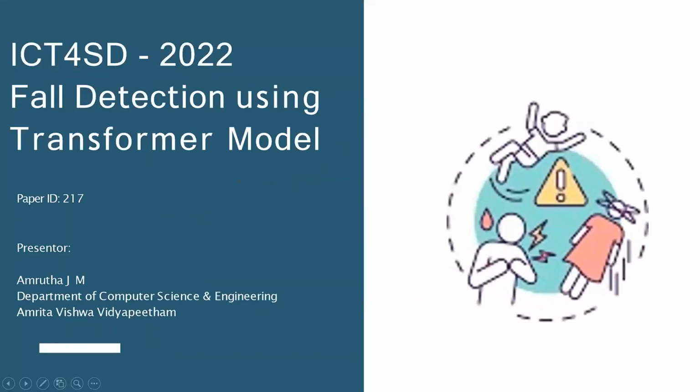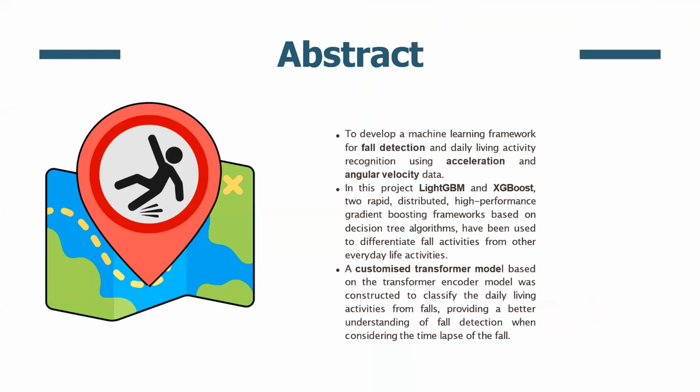Good afternoon, everyone. Myself, Amrita JM from the Department of Computer Science Engineering, Amrita Vishwa Vidyapeetham. I'll be presenting the paper titled Fall Detection Using Transformer Model. Abstract. Falls are exceptional activities that endanger one's health. To mitigate the impact of falls, fall detection and prevention systems must be built. The goal of this study is to create a system that can more accurately distinguish between a fall and a